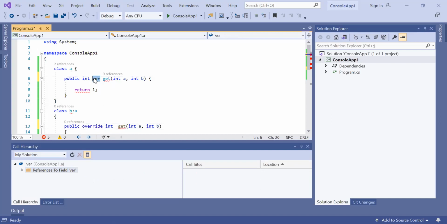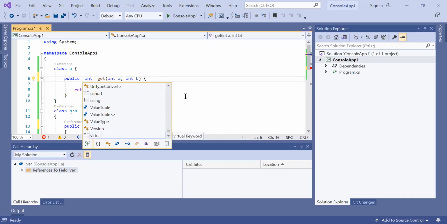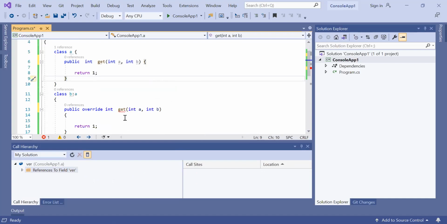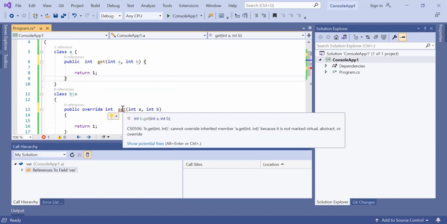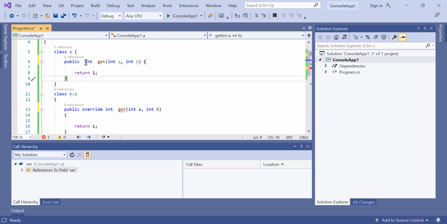In the base method, we have removed virtual. No, correct. Pankaj, wait. Before writing virtual, just hover over whatever error we are getting in the get method. So overriding in inheritance means we have one keyword, override. If you provide override directly, then again you have to put virtual somewhere.